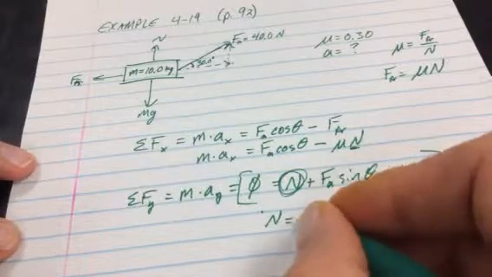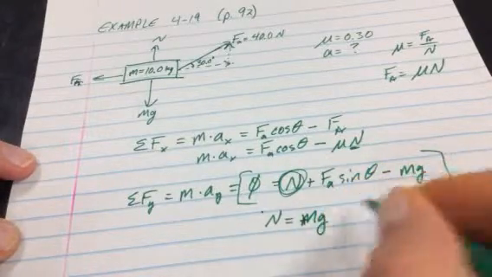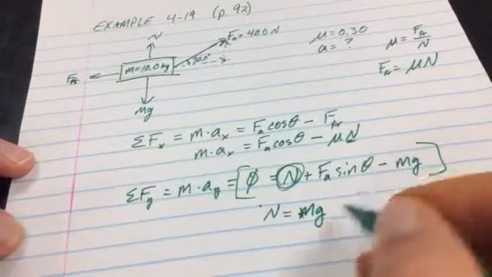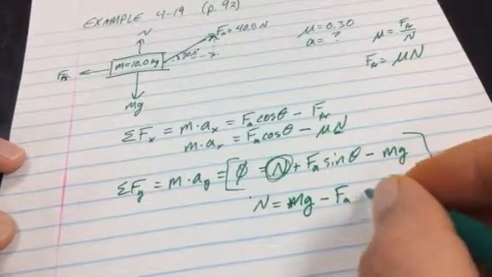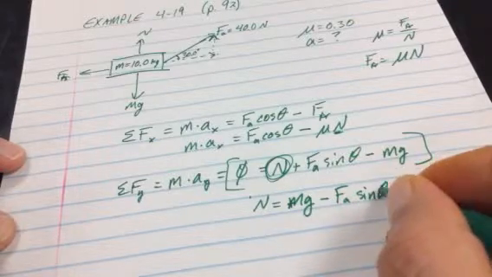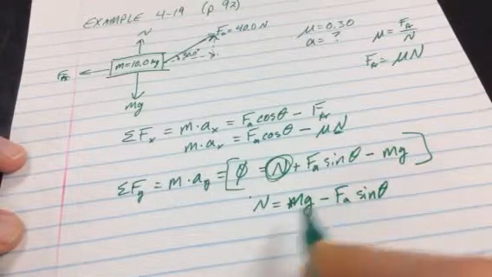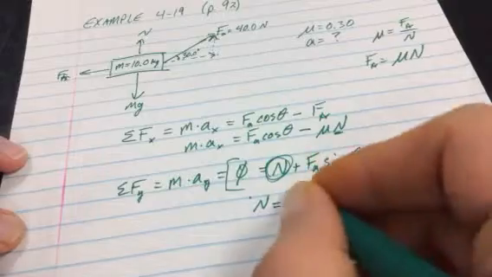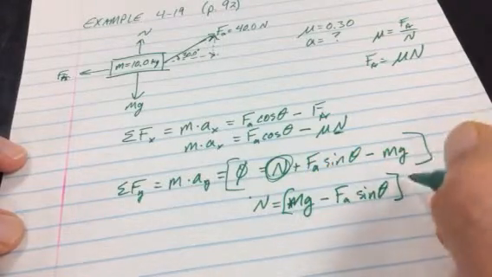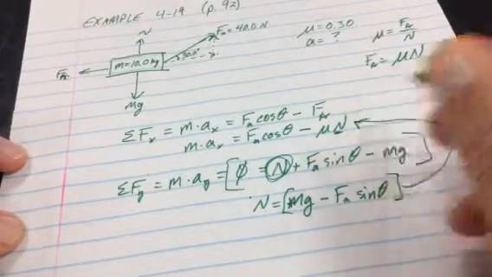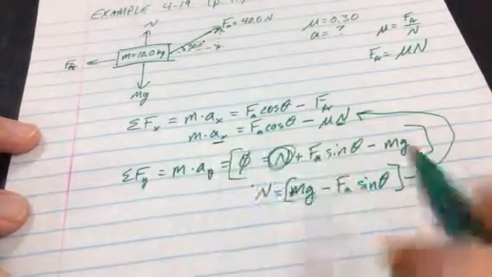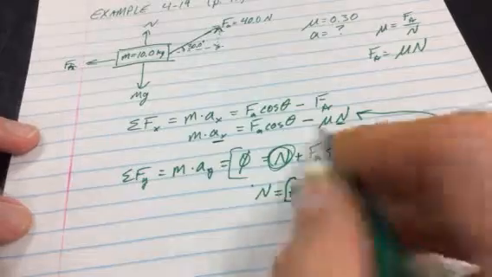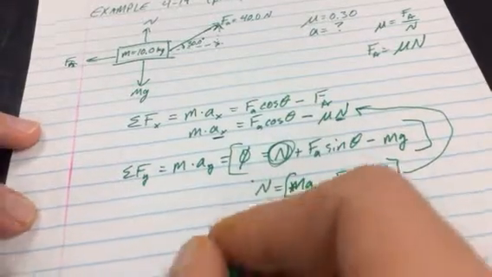If I do that, I get the weight of the box minus that vertical component of the applied force. Now what I can do is take this and substitute this in for the normal force, because this is really what we want. Ultimately, we want to solve this. So if I do that, I end up with